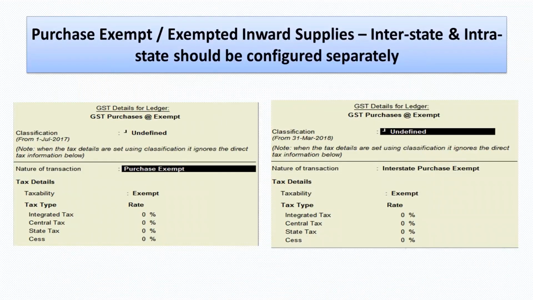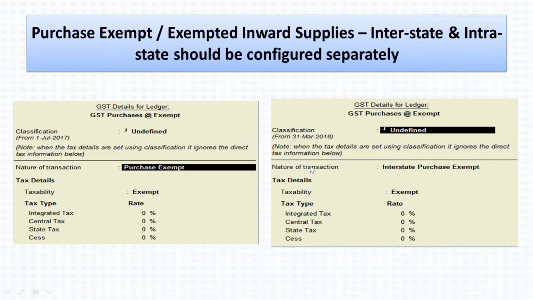And if at all it is exempt, again, we want interstate and intrastate separately. These are very critical, because there is table 5 of GSTR 3B where we need to give the information with respect to exempt inward supplies as well, and that we need to further bisect into intrastate and interstate. If we do these configurations appropriately and do the recording under those specific ledgers, all that will flow to my return information in the statutory reports, and I can further extract that content and simply file off my JSON and be done with it.